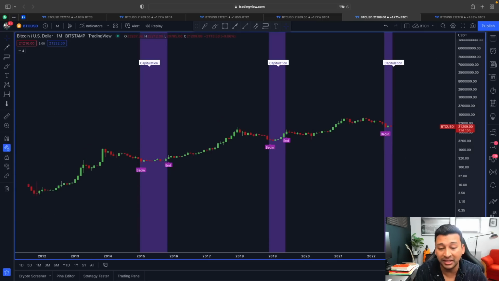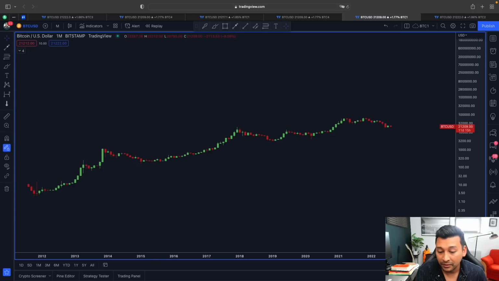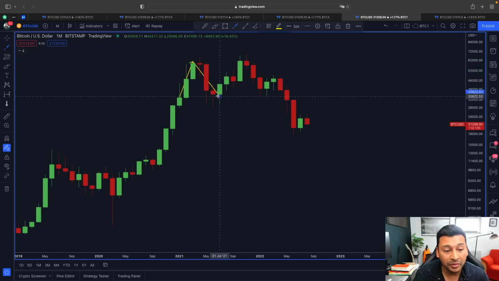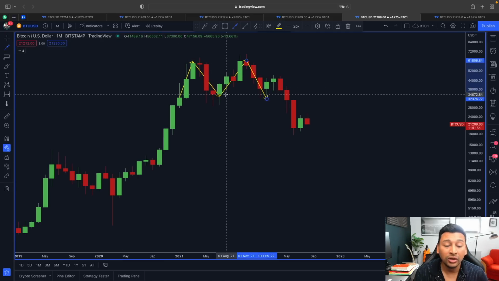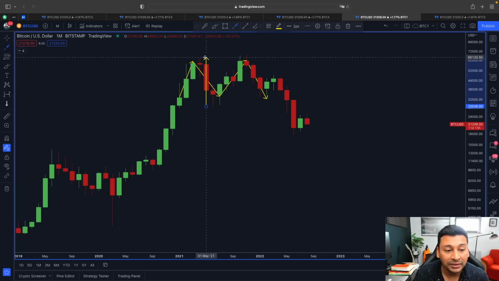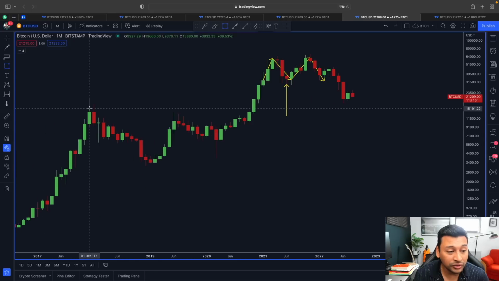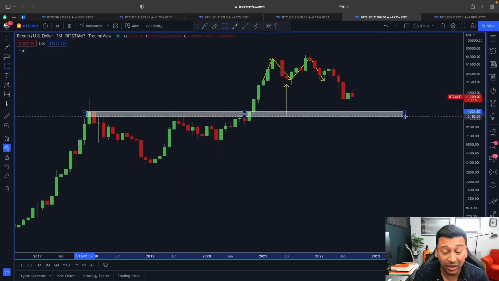And in the worst case scenario, right, in the worst case scenario, if you look at this price action here, I'm using the logarithmic scale, please do not get confused. If you look at this formation here, this is a clear double top formation, and according to the double top, if you measure the length from the candle's end till the peak, then you can see the target to the downside could be around the 11 to 12,000 area, right? This is also the area of confluence, which would make a lot of sense.